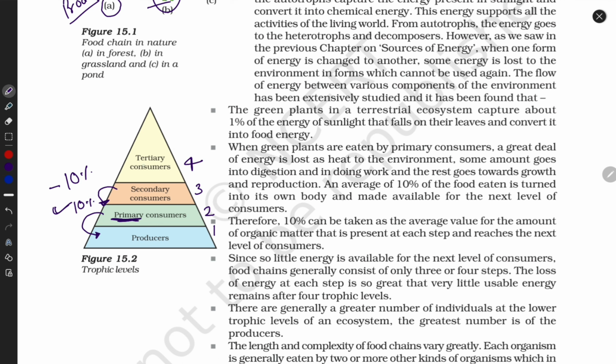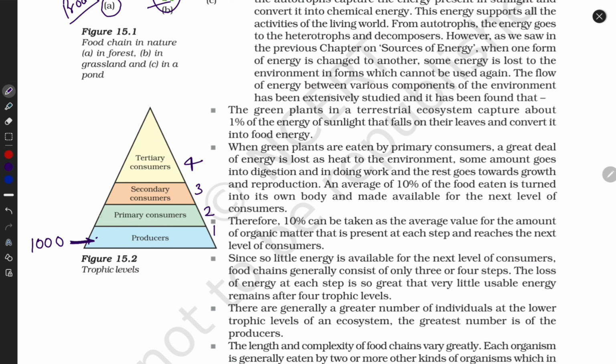Then tertiary consumers eat secondary consumers, they get 10% of their energy. Means if the producer's energy is 1000, then some energy is lost,